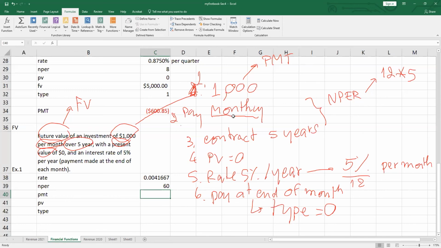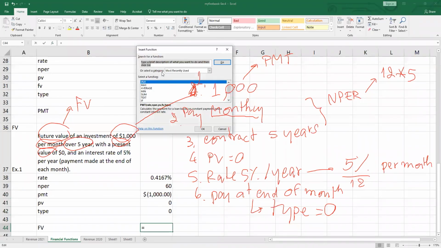I told you that if you pay out, or if the money is out of your pocket, you have to put a negative symbol. Be careful, not positive, because you pay out of your pocket, the money is out, then the symbol is negative. Negative 1,000. PV present value is 0 and type is 0 too, so I start the FV function here